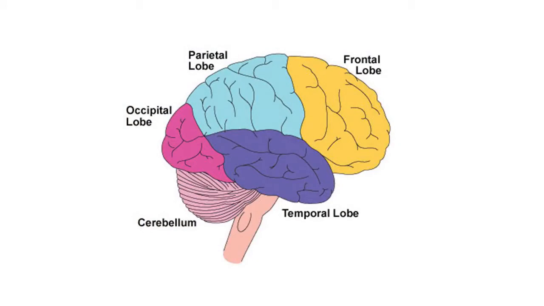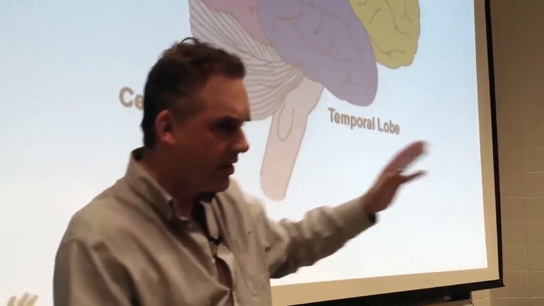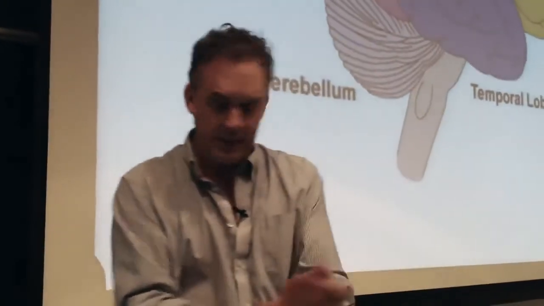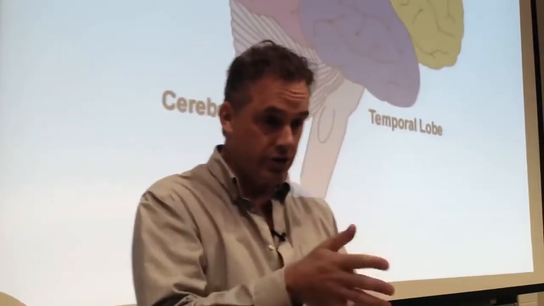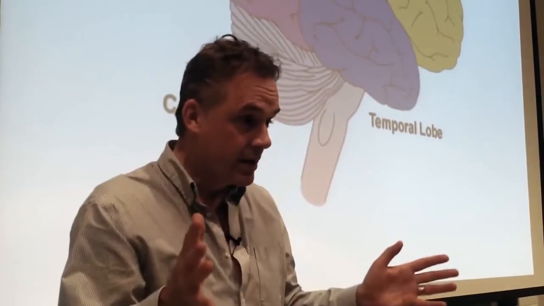And then the parietal lobe kind of helps you keep track of who you are from a bodily perspective, and sort of where your body's located in space, and sort of who you are as an embodied person. So, for example, if you lose the right parietal lobe because you have a stroke, then you lose the left side of your body, and even more weirdly, you lose the left side of everything. So all of a sudden you can't see the left side of anything.